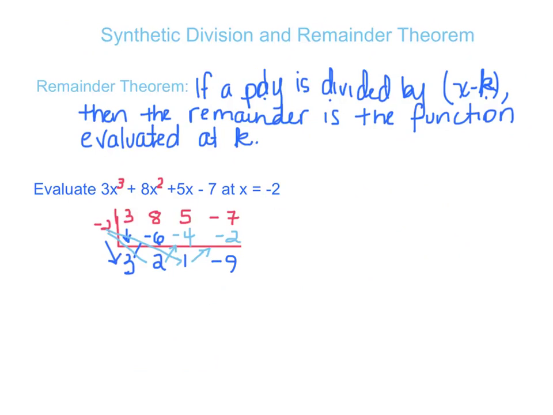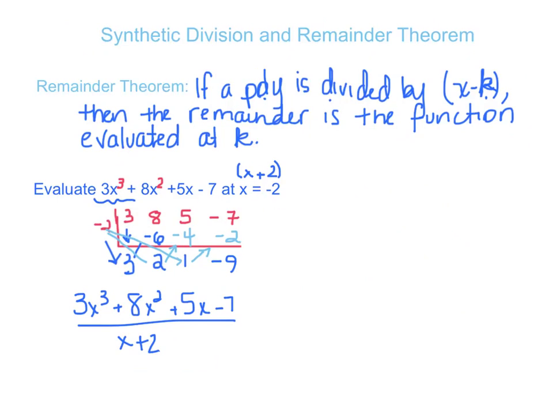So here's what this gives me. It gives me a couple things. It gives me the polynomial divided by, remember, if this is a solution, then the factor that goes with it is the opposite. It's x plus 2. That would give me a solution at x equals -2. So this polynomial, 3x cubed plus 8x squared plus 5x minus 7 divided by x plus 2 gives me, now,